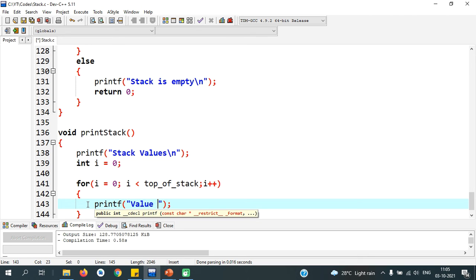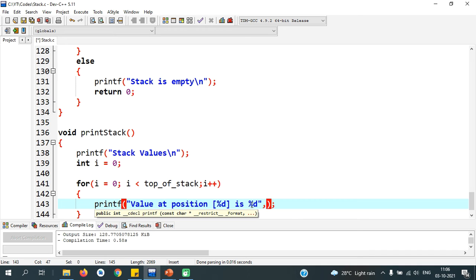Value at position %d. We will print with the position also: the first %d will have the value i, and the second %d will have the value inside that stack.